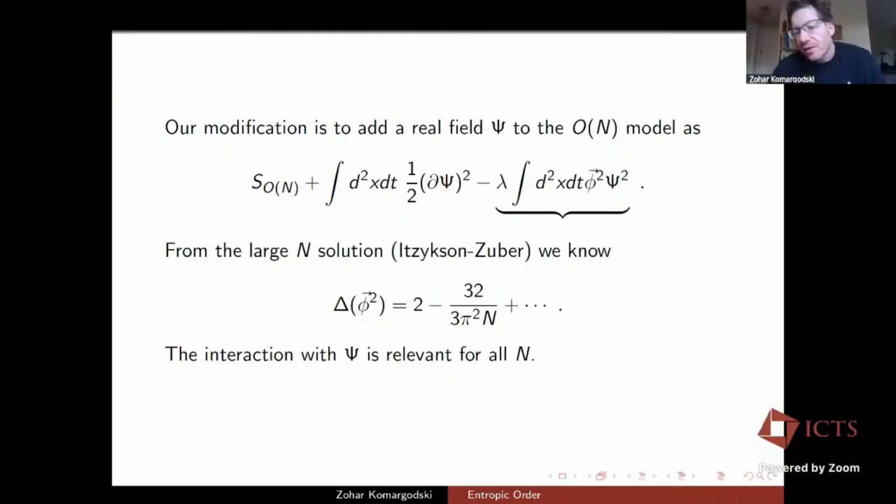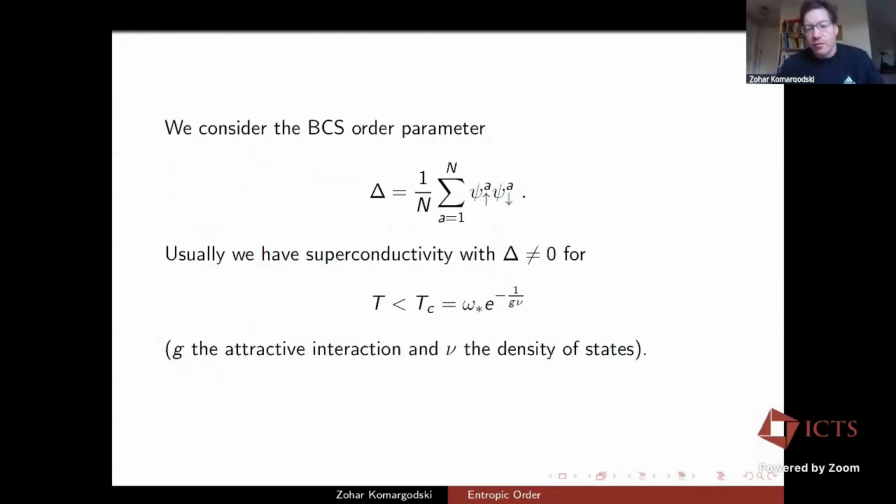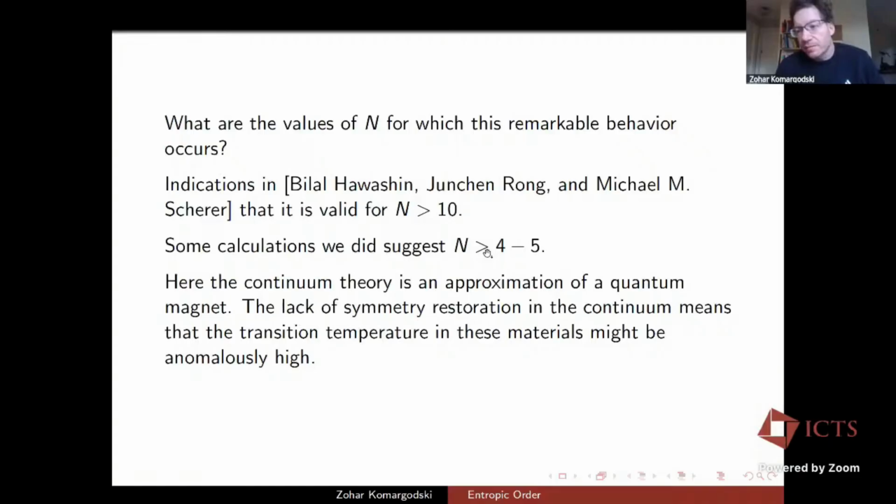Yeah, so this alone suggests that psi will want to get a VEV, because entropically this would increase the entropy in the phi fields. And that's also why there seems to be a bound on how many phi fields you need, maybe 10, maybe 5, because you want this increase in entropy to overcompensate the loss of entropy from having a ferromagnetic order. Because you lose a lot of entropy by going to a ferromagnetic phase, and you want the phi fields to compensate for that. And that's why you need a few of them, maybe 10, maybe 5.